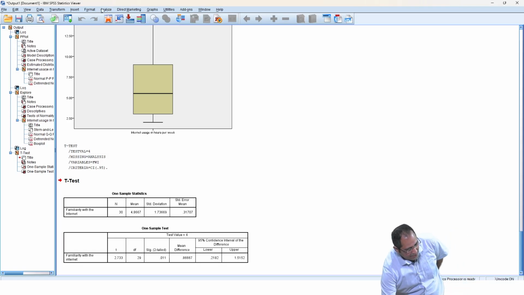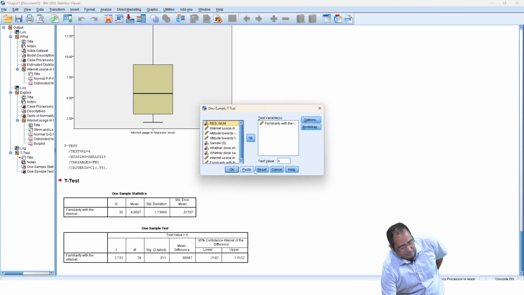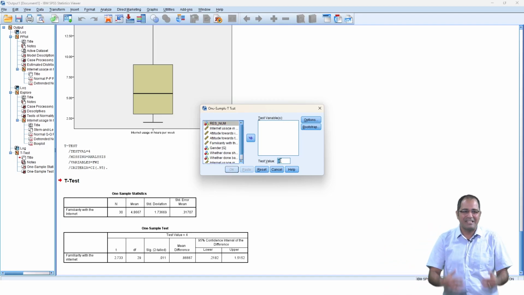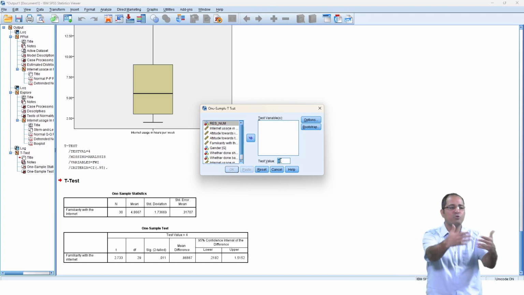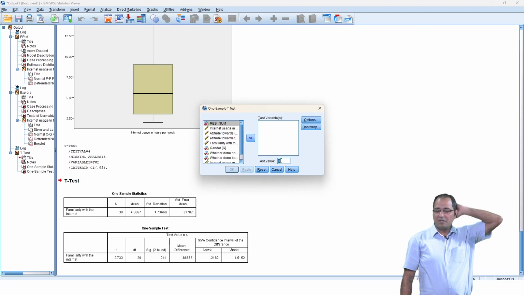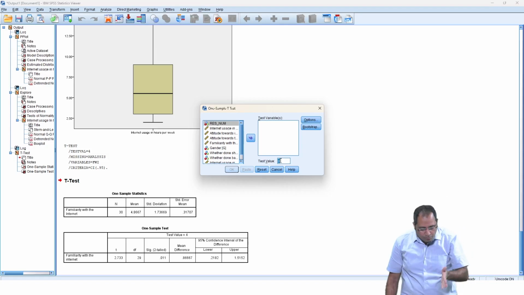Okay, you have to go to Analyze, Compare Means, One-Sample T-Test. In a one-sample t-test, the test value that you are going to test is 4, whether the mean familiarity is equal to 4. So your mu is 4, as the Uber manager wanted you to test whether the mean satisfaction out of 5 is 4. So you put 4 here